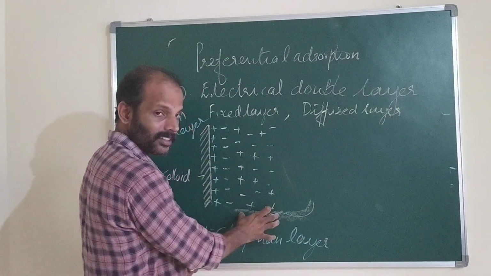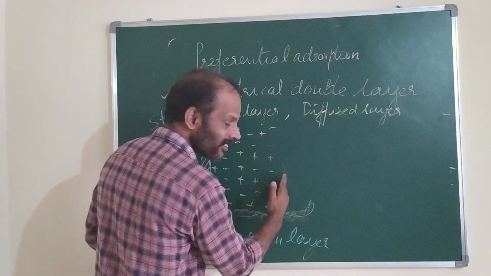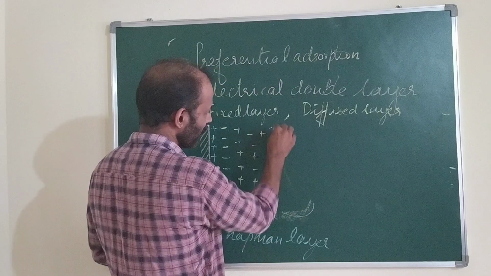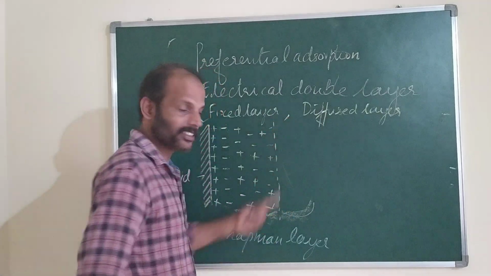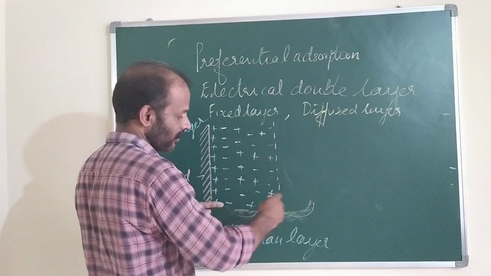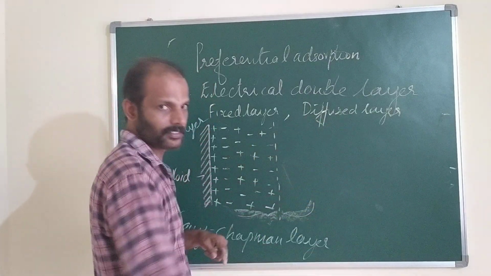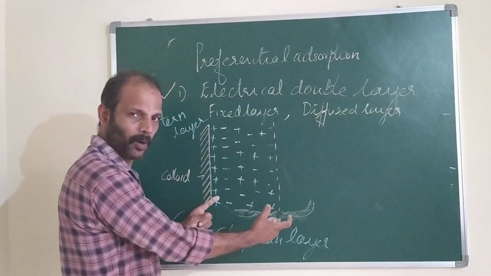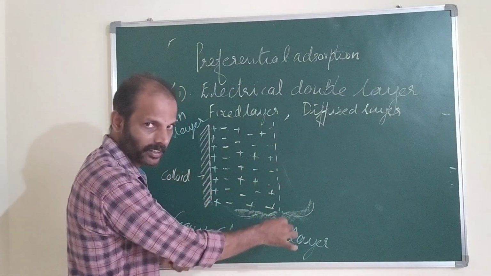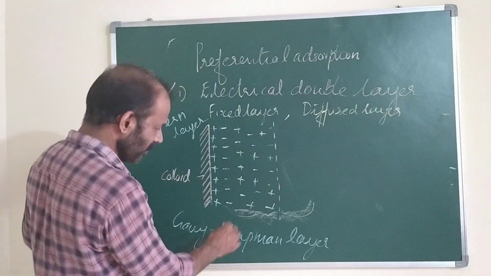The diffuse layer does not diffuse to an infinite distance. At a particular distance, that layer will cease. This is our limit, the limit of the diffuse layer. So it does not expand to an infinite or a large distance. This diffuse layer extends only a very small distance. So there is a limit, there is a boundary of this diffused layer.